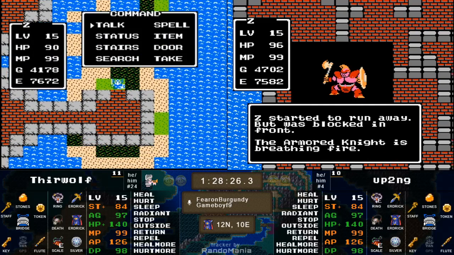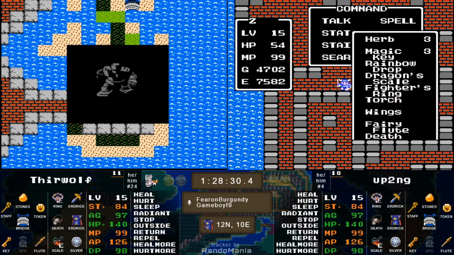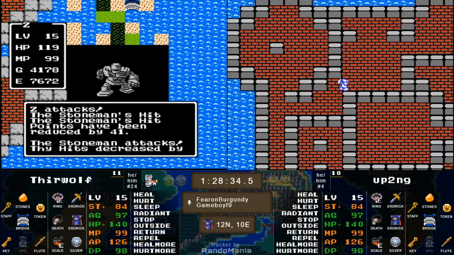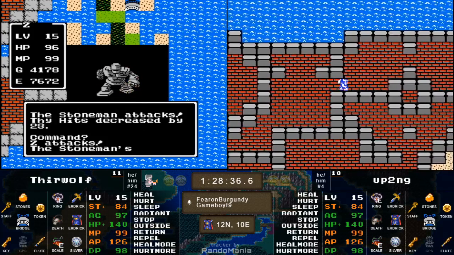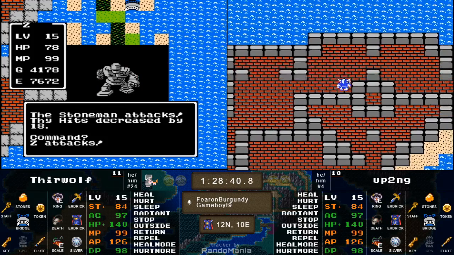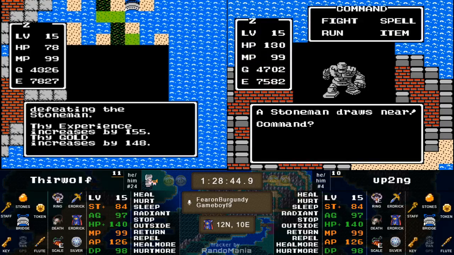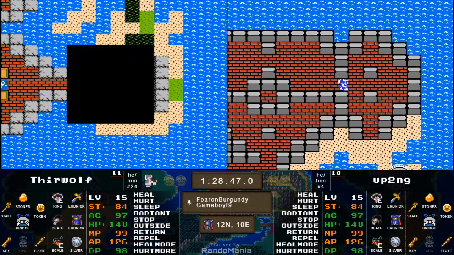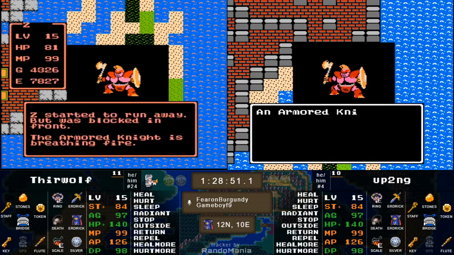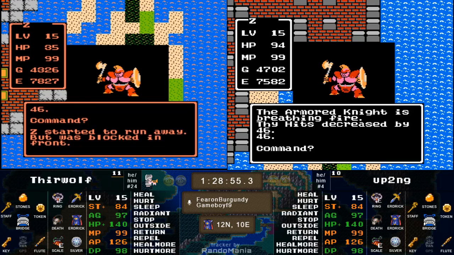Yeah, weak attack there, but oh dear. Okay, good, got away. Whew. Well, up2ng has his own issues with an armored knight and 2 immediate Dragonlord breaths. And here we go with the Stone Man that Thirwolf knew he was going to run into. Now, also of note, the quantity of herbs. Thirwolf has 5. up2ng just has...